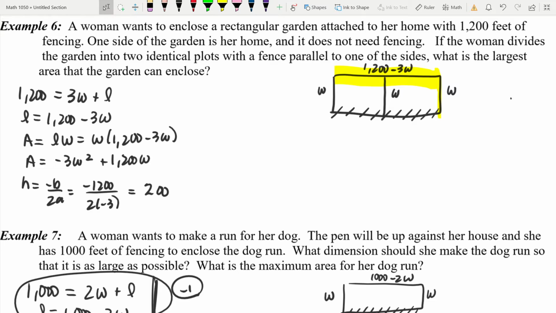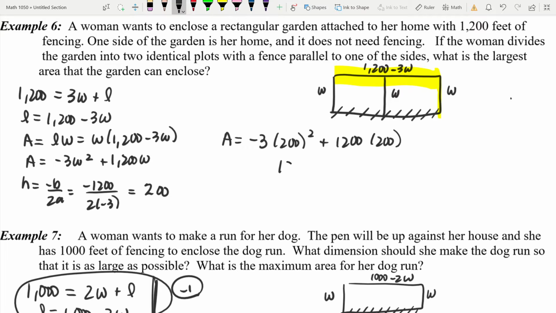So you have 2 options. Find the length, then multiply the length and the width together. I would just plug in the 200 personally. So I'm going to go area equals negative 3 times 200 squared plus 1,200 times 200. Grab your calculator. Negative 3 parenthesis, 200, close it off, x squared, plus 1,200, close it, 200, close it, enter,